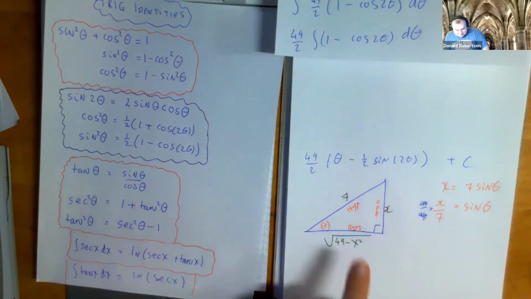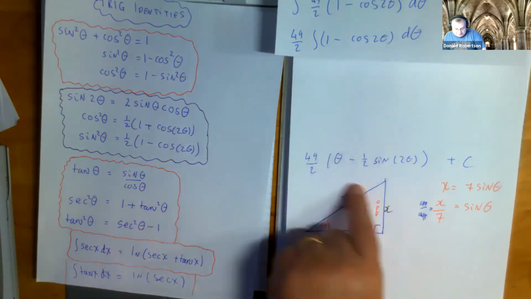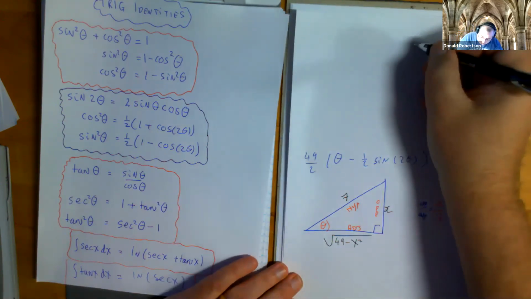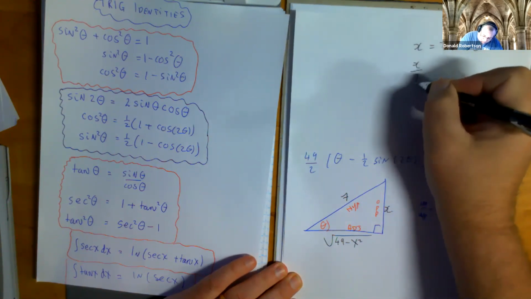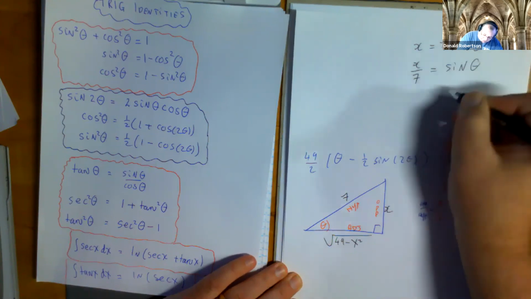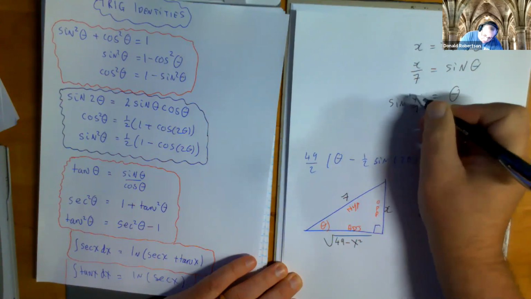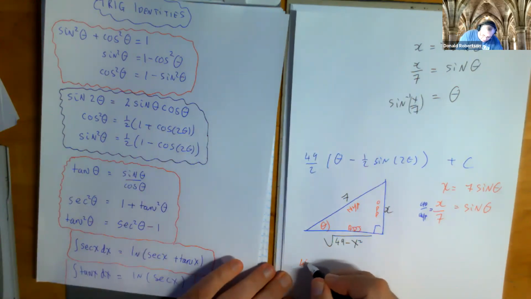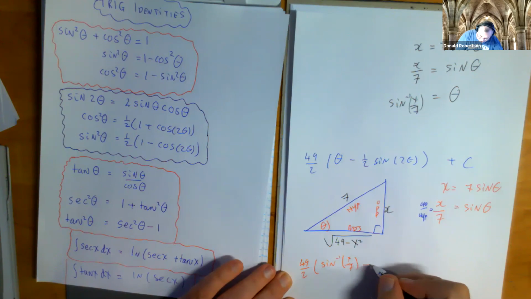Okay, so I have to figure out how to turn theta into x's and how to turn this guy into x's, and then, you know, do what we can. Since I got some spare room up here, I'll do it. If x is 7 sine theta, and x over 7 is sine theta, then isn't theta the inverse sine of x over 7, which means that I can now replace that with this. So I have 49 over 2, the inverse sine of x over 7. Okay. Take away